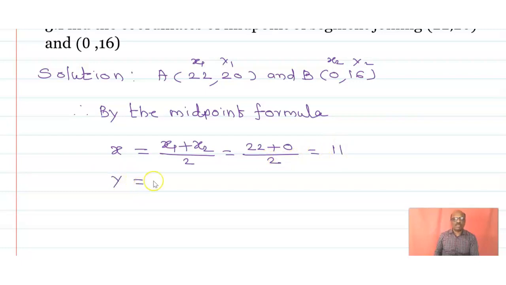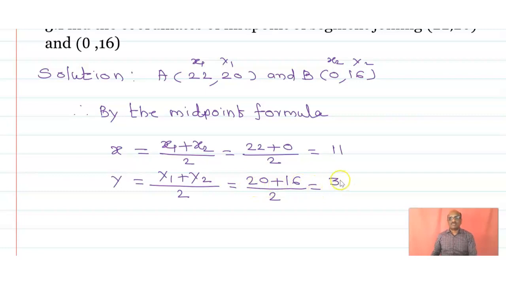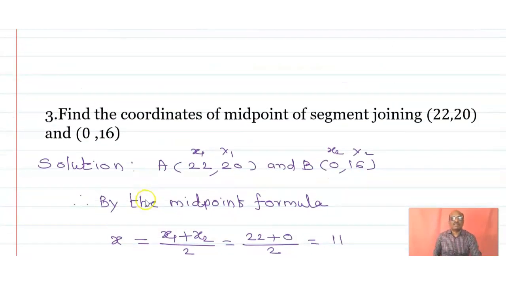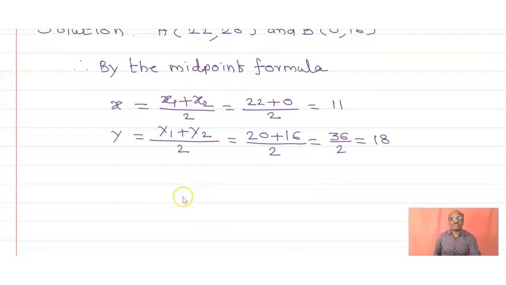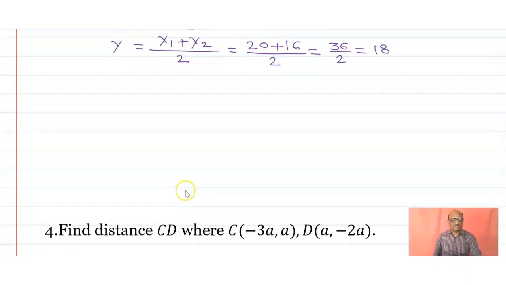What about the y? y is (y1 plus y2) upon 2, that is (20 plus 16) divided by 2. What will you get overall? 36 upon 2, and that is equal to 18. Therefore, the coordinate of the midpoint of the segment joining is,